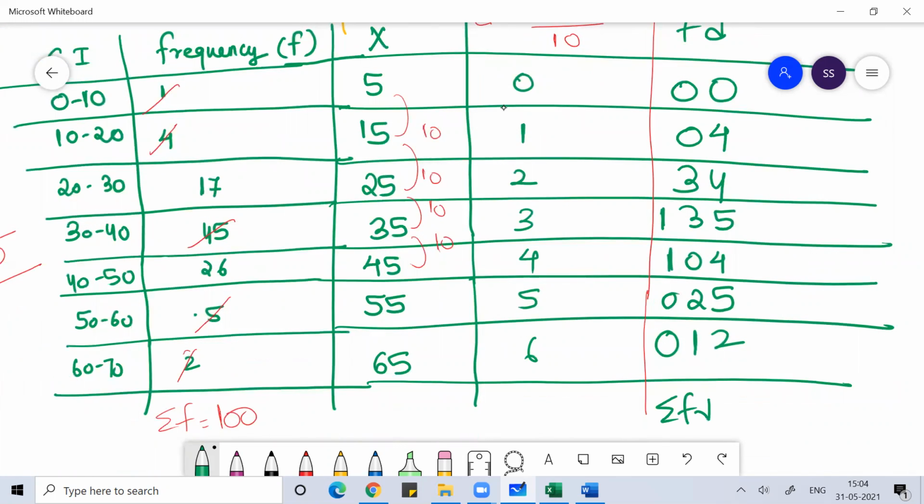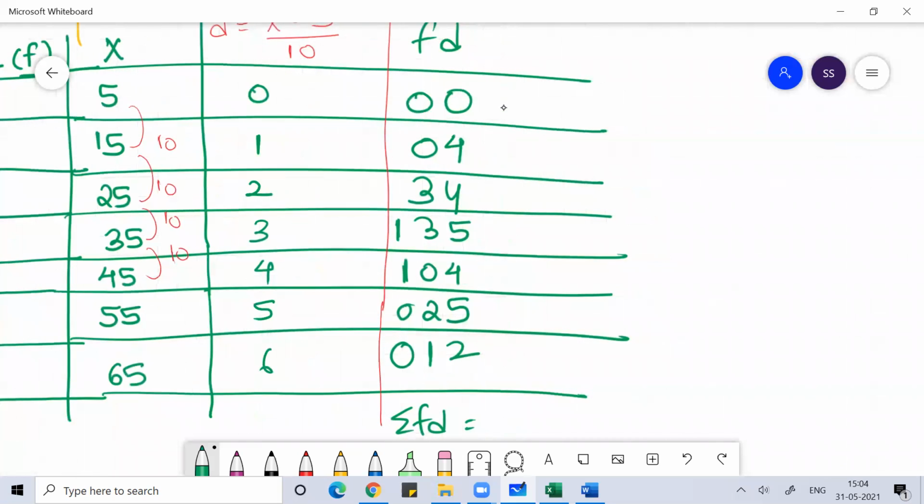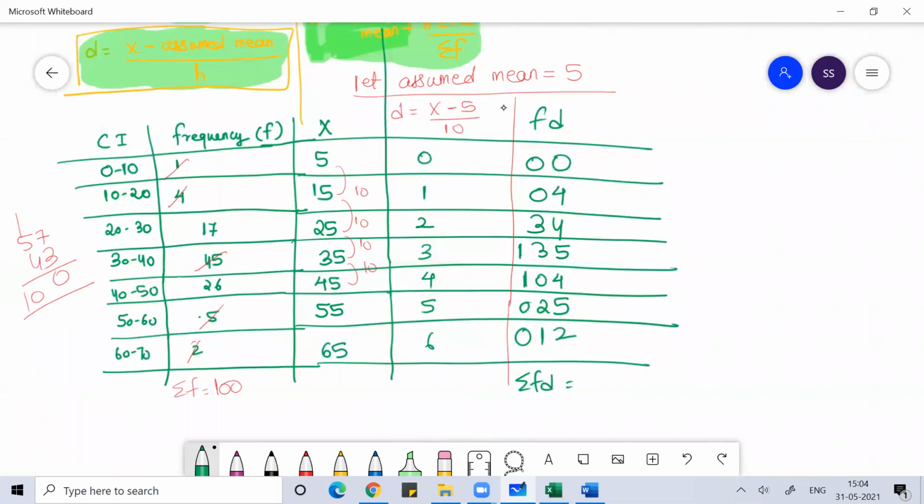Now sum of f into d. Sum of f into d is 4, 4, 8. Adding up, we get 314. The sum of fd is 314. Okay, so then